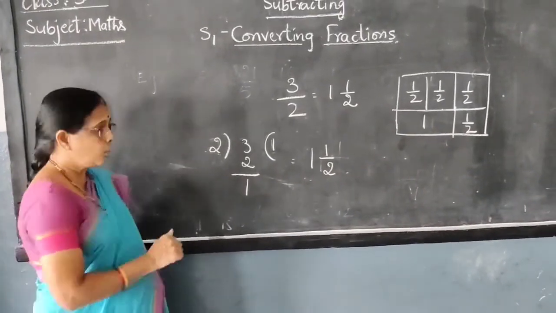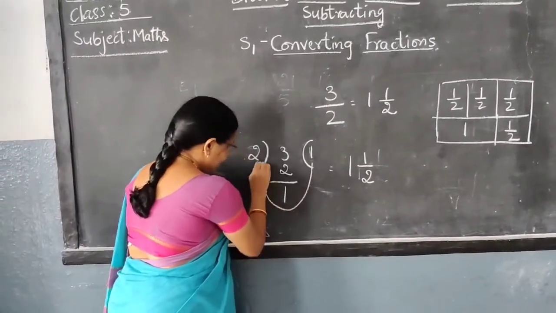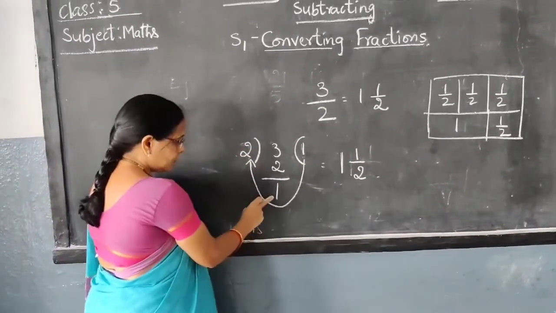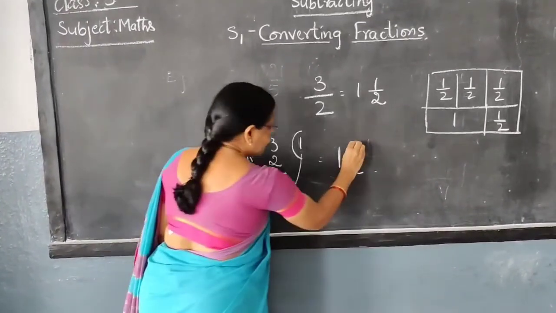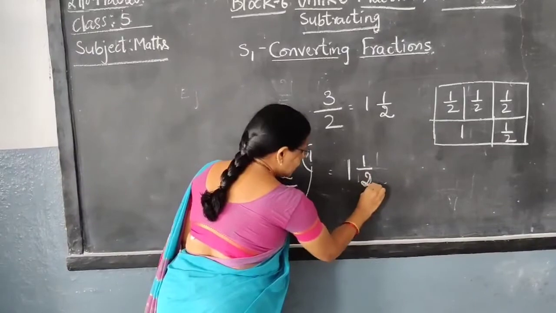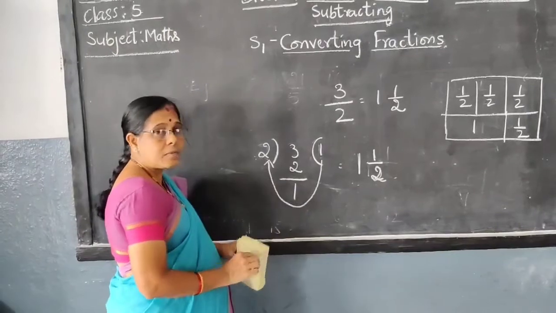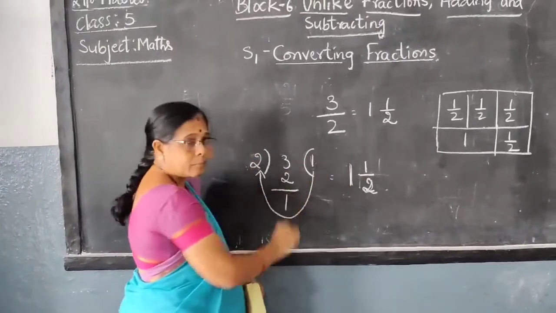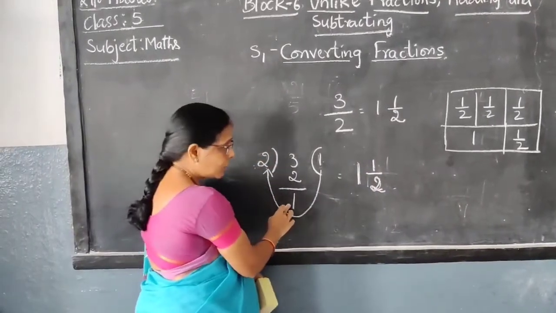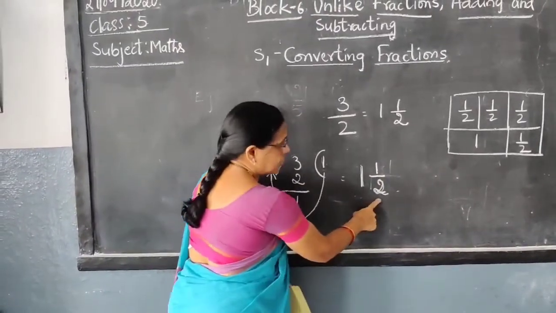Now I show you how you write in mixed fraction. So after dividing, we start from quotient. Quotient we write here, and 1 is remainder. This is divisor. So divisor we write in the denominator place. Okay, 1 by 2. Don't confuse, children. First what you write here? Quotient. And 1 is remainder, numerator place. Remainder what you get, that you write in numerator place. Divisor we write in denominator place. Okay.